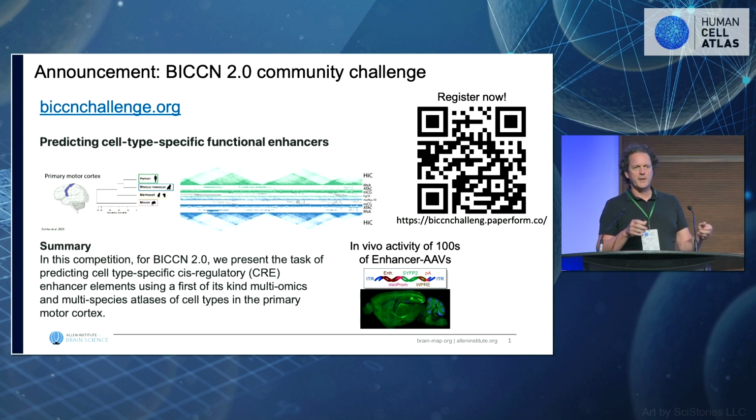It's been very difficult to find tools that allow you to target particular cell types, and they can be mined, but at the moment they have to be mined very manually. This is a very black box sort of thing. You look for peaks that are cell type specific, you screen them out, you find things that can actually do it. We would love for this to become something far more algorithmic, where you can be predictive and maybe even get to regulatory logic. To set this up, we have generated together a pretty remarkable data set in the motor cortex of the mouse, macaque, marmoset, and human with multiome, with methylation data, with Hi-C,